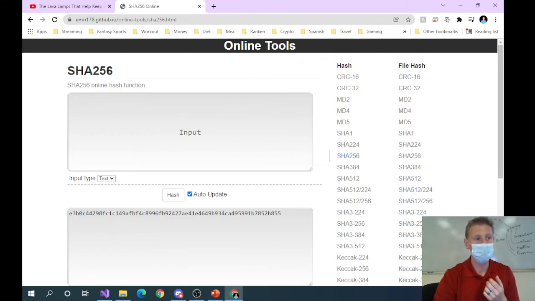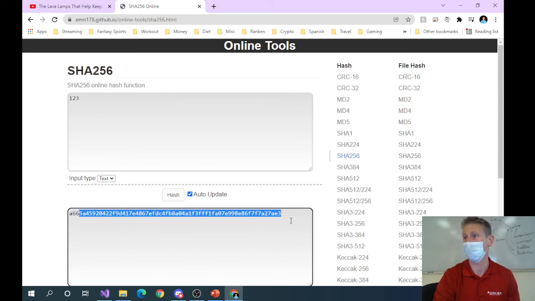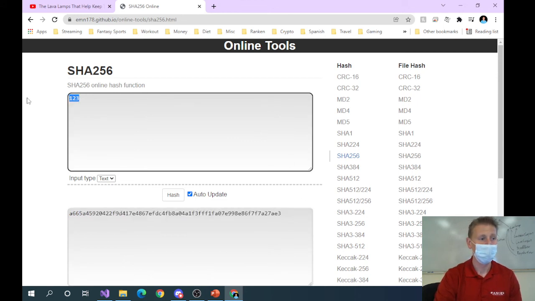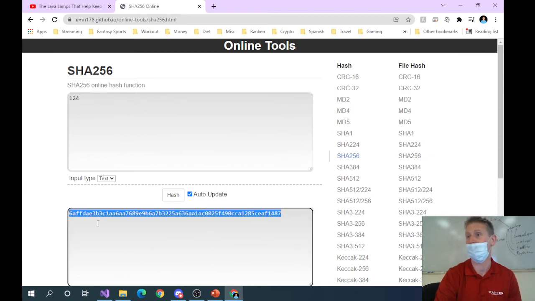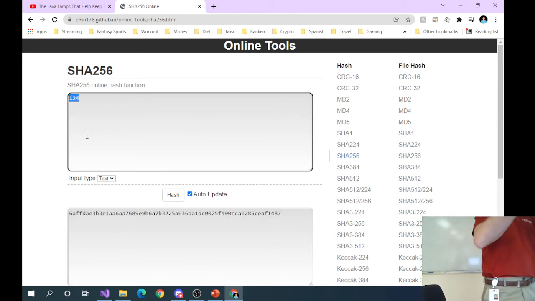SHA-256 encryption is just to show you the way this works. I've got a number here, and by changing the number, this is what the encryption is. Changing one number, instead of 1, 2, 3, I'll do 1, 2, 4, changes the entire output. The way these encryption methods work is they can take any input, and if one bit of that input changes, the entire hash output changes. And so what they were basically using is pictures of lava lamps, all the lighting, where the lava bulbs were, all of that was the input.